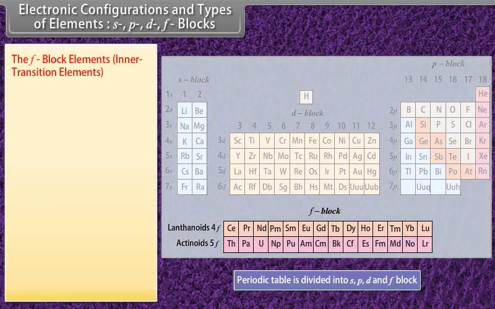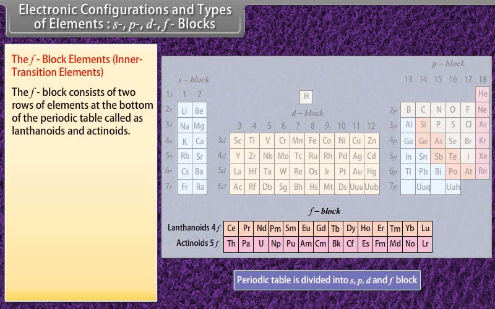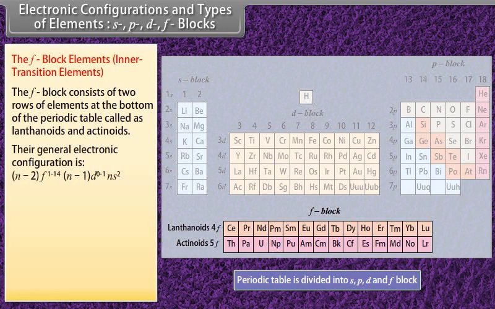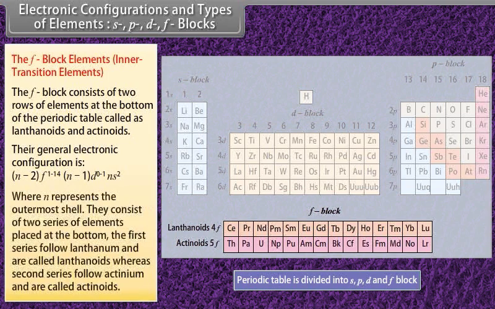The F block elements, inner transition elements. The F block consists of 2 rows of elements at the bottom of the periodic table called lanthanoids and actinoids. Their general electronic configuration is: where N represents the outermost shell. They consist of 2 series of elements placed at the bottom. The first series follows lanthanum and is called lanthanoids, whereas the second series follows actinium and is called